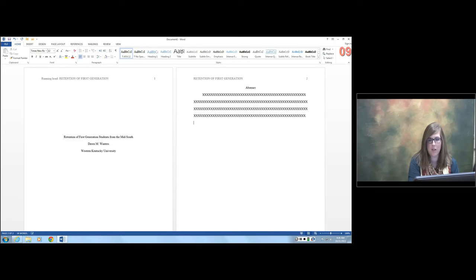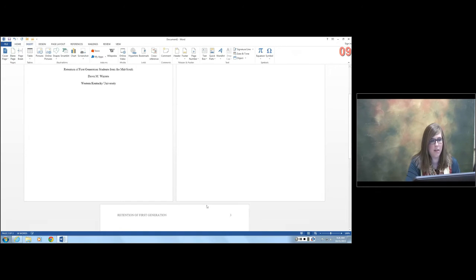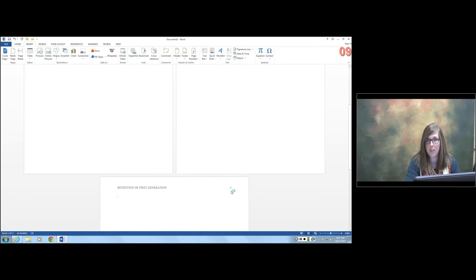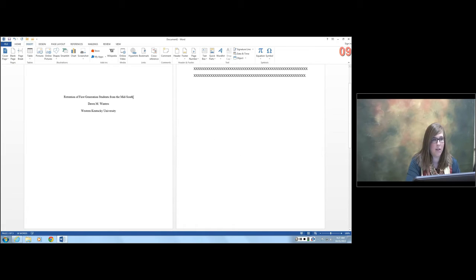But usually your abstract, if it's a short paper, is going to be one paragraph. Let's insert another page. Always check your headers, always check what you're doing to make sure that everything is formatted the way that you need it to be formatted. Now, according to APA, we need our title again,